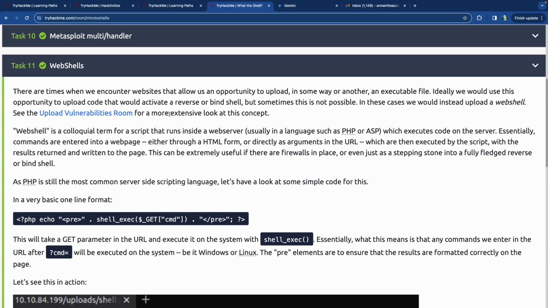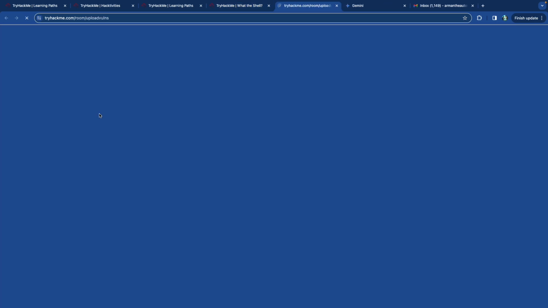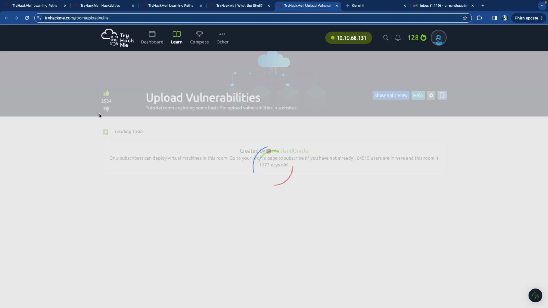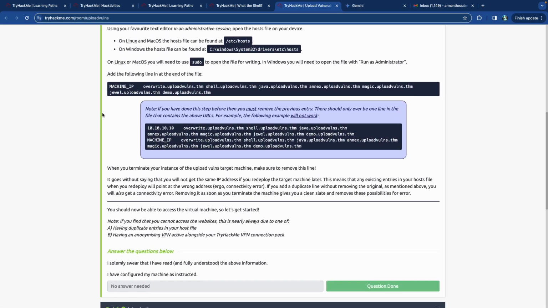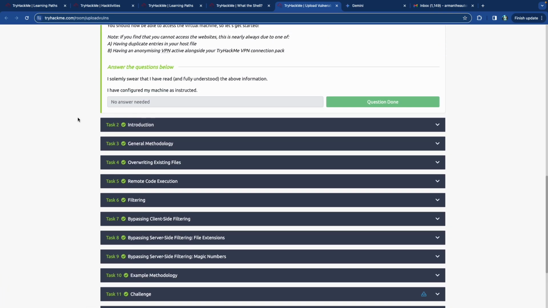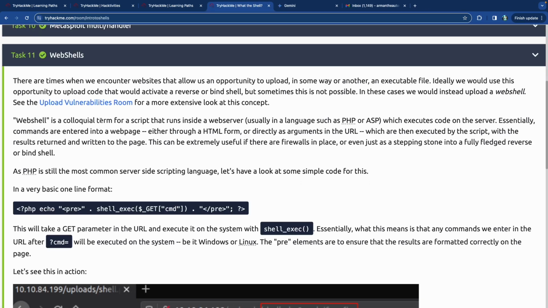So you can upload a web shell, and upload vulnerabilities room. I don't think I've done a video on this. I know I've completed this room. Yeah, I have. I will definitely do a video on this room because it's actually very, very cool, because you can upload things